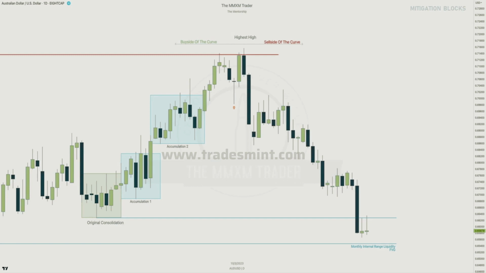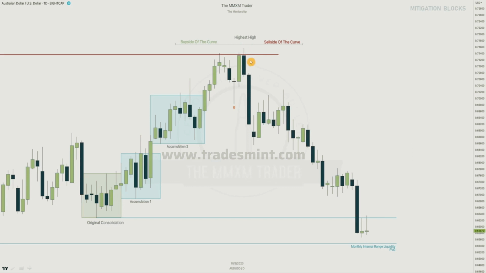Right, we've got an Australian dollar, US dollar daily chart, and we see a clear market maker sell model forming over here with this original consolidation, right? Accumulation phase number 1, accumulation phase number 2, and eventually taking out external range liquidity and making the highest high